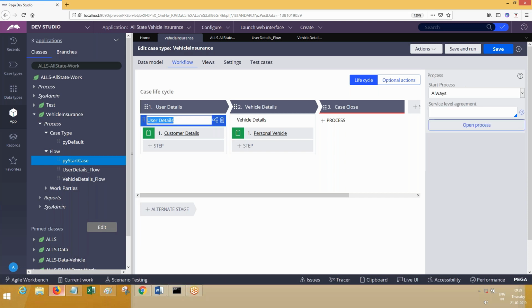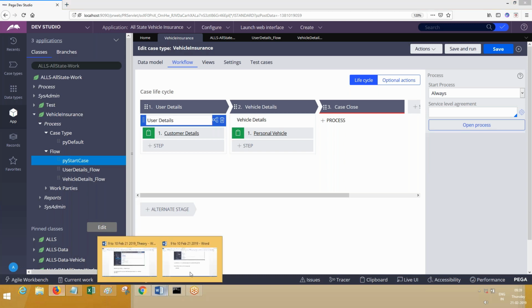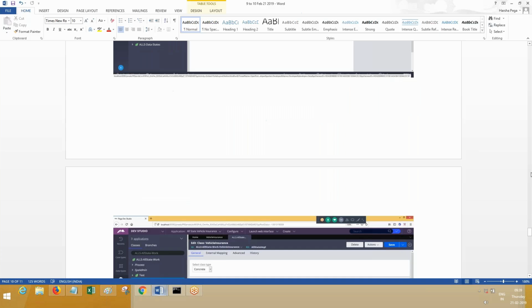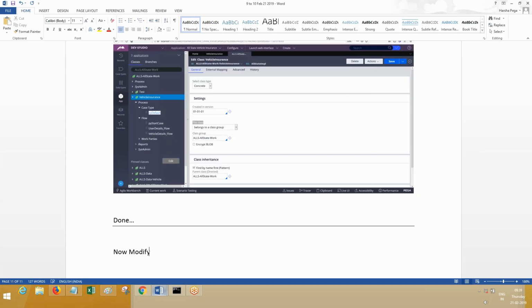So you just go ahead here, and once you see this, now what I'm going to do is, this is done up to here. Now modify the case type created flows to call the flow actions which are available at parent classes.